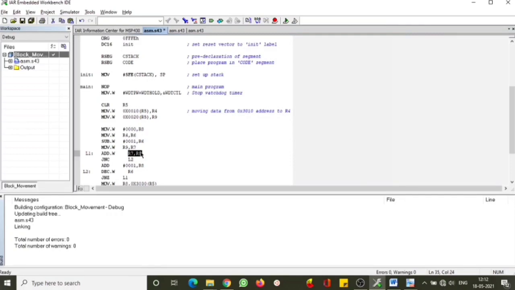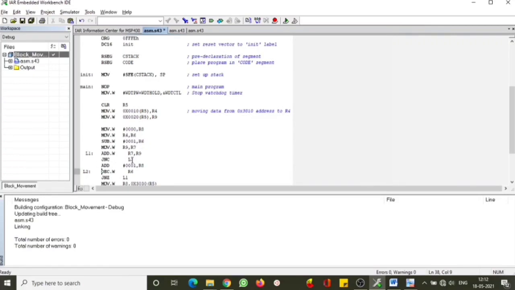So that is what we are doing. R7 and R9 have the same value, therefore they will be added, and then we check if there is no carry. If there is no carry, it will jump down to L2 and decrement the word of R6. That means we are reducing the count of how many times it has to add.